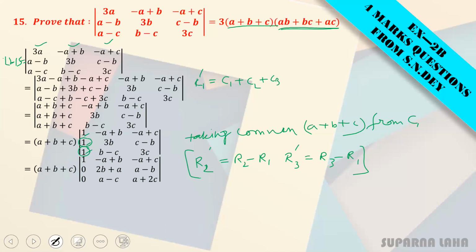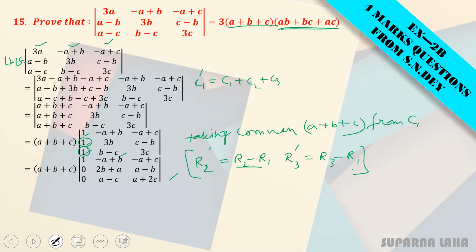Clear? I'm not explaining this calculation. I hope you can understand the calculation here. Here I'm not showing this subtraction. Just writing this value. That is b minus c minus of a, that is plus a minus b. So ultimately that will be b, that will be a minus c. B minus c minus of a, that is plus a minus b. So b cancels, and then a minus c. So these are those terms.